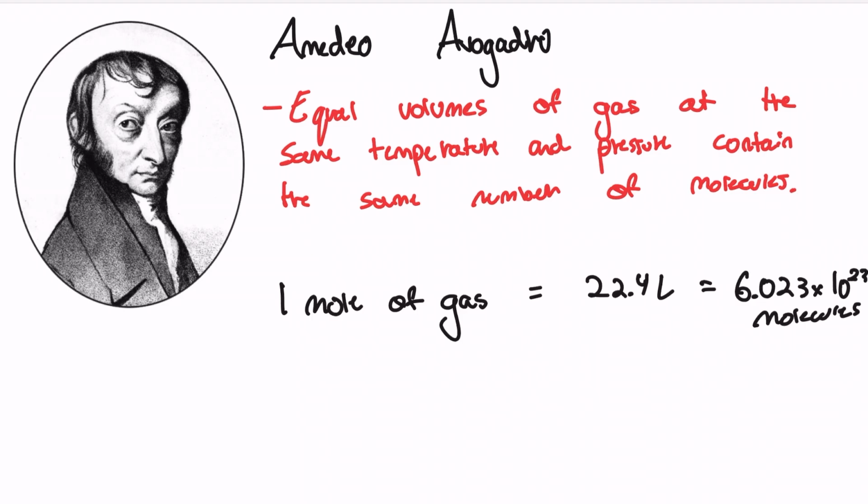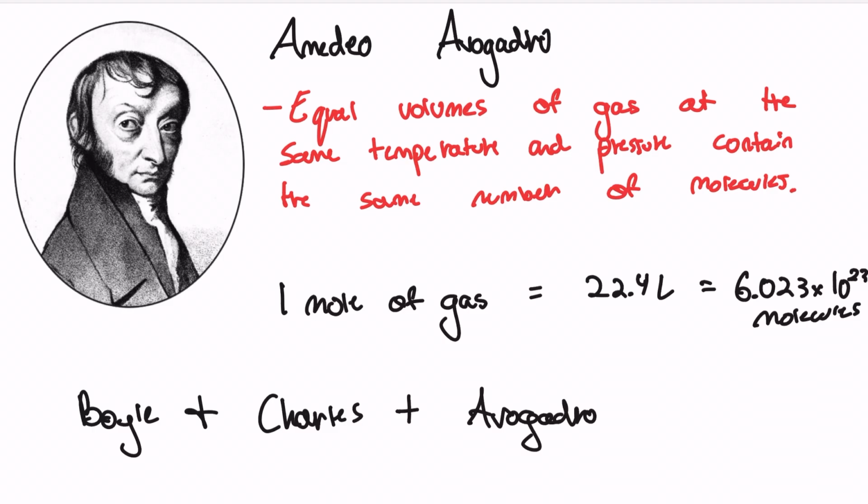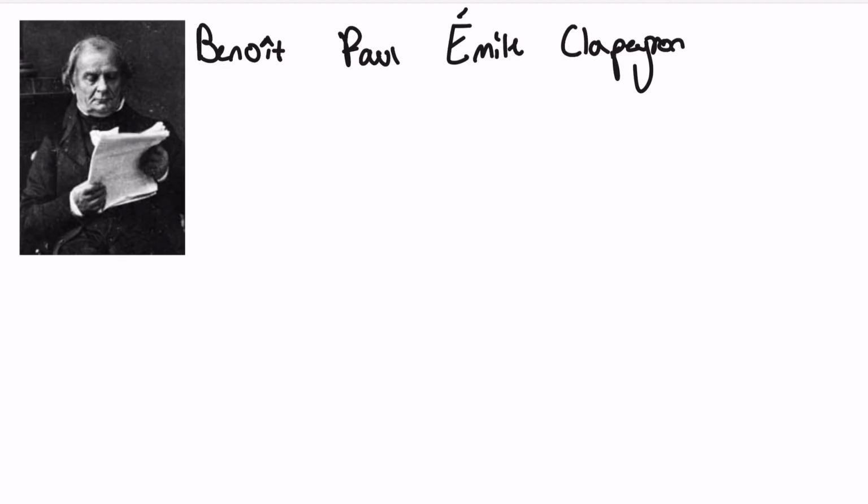We now have 3 different equations pertaining to gas. The first by Boyle, the second by Charles, and the third by Avogadro. What if we were able to combine these 3 equations with one another and create a super equation? That'd be a super fantastic thing to do. Worry not, for there is a Frenchman who has a solution, and like all Frenchmen, he has an extremely long name. In 1834, Benoit Paul Émile Clapeyron combined our 3 equations and came up with the ideal gas law, which